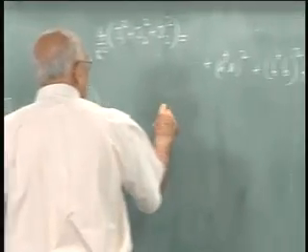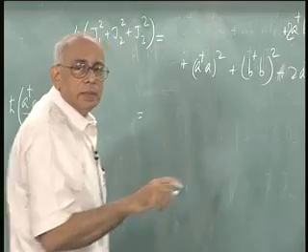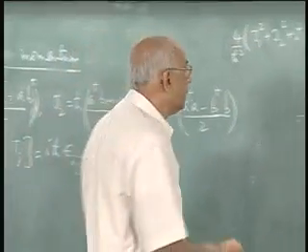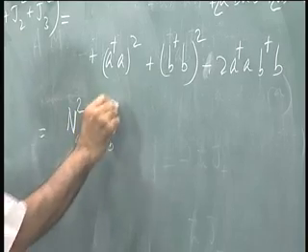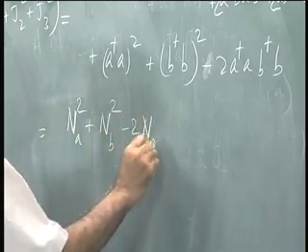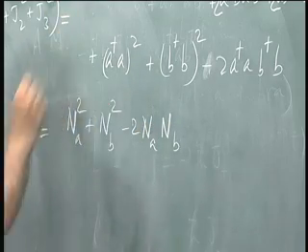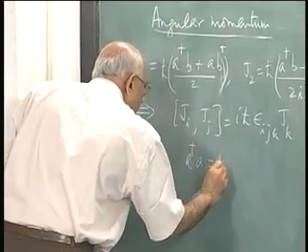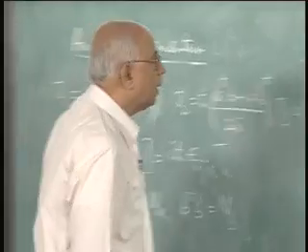So this is equal to, let us call this operator A dagger A the number operator for A, so let me call it n sub A. So this is n_A squared plus n_B squared minus 2 n_A n_B, and these commute with each other. I have just called A dagger A equal to n_A, B dagger B equal to n_B, okay, plus